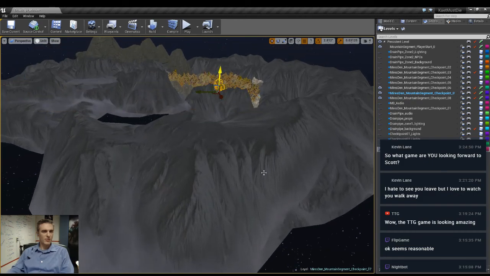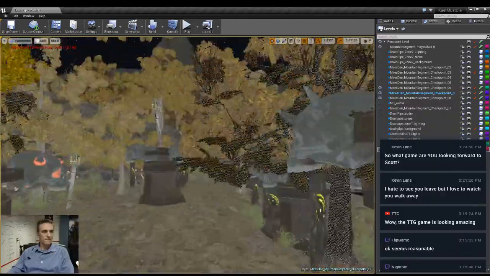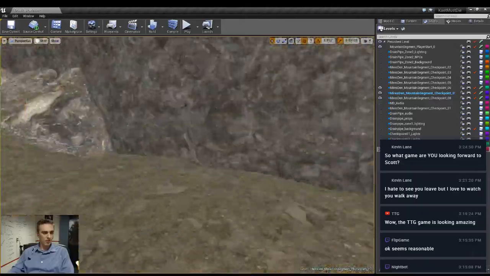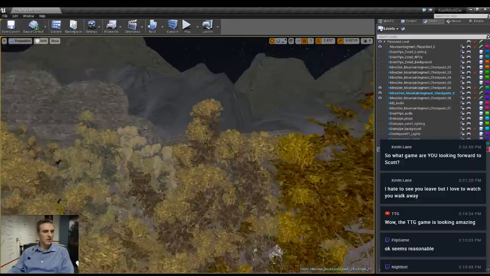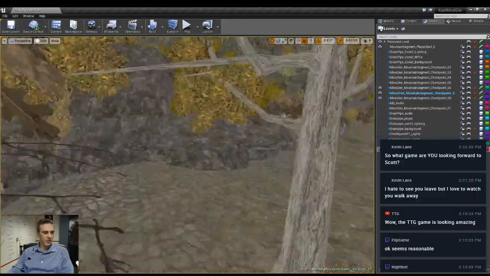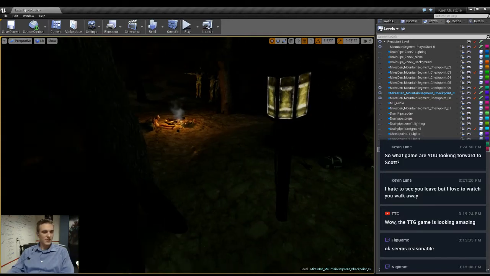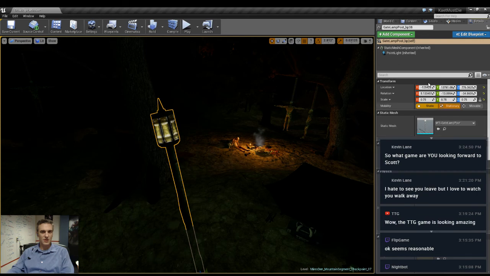Now we're going to go back over to mine. Figure out where in the hell my murder camp was. Nope, it's not there. Where did I leave that murder camp? There it is. See, it's still a little too bright, so I think what I'm going to do is